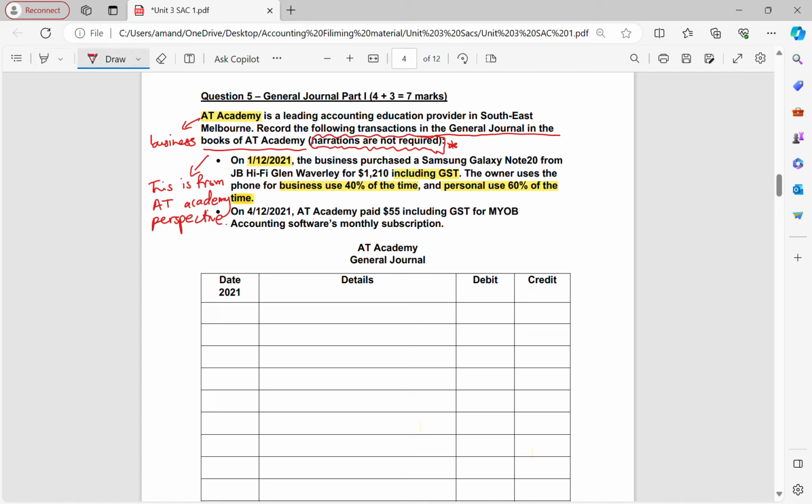The business purchases Samsung Galaxy Note. So the business purchased an asset with cash. The owner uses the phone for business use only 40% of the time, right? But 60% of the time it's being used for personal use. Okay, so what I would do here is, first things first, for the general journal,